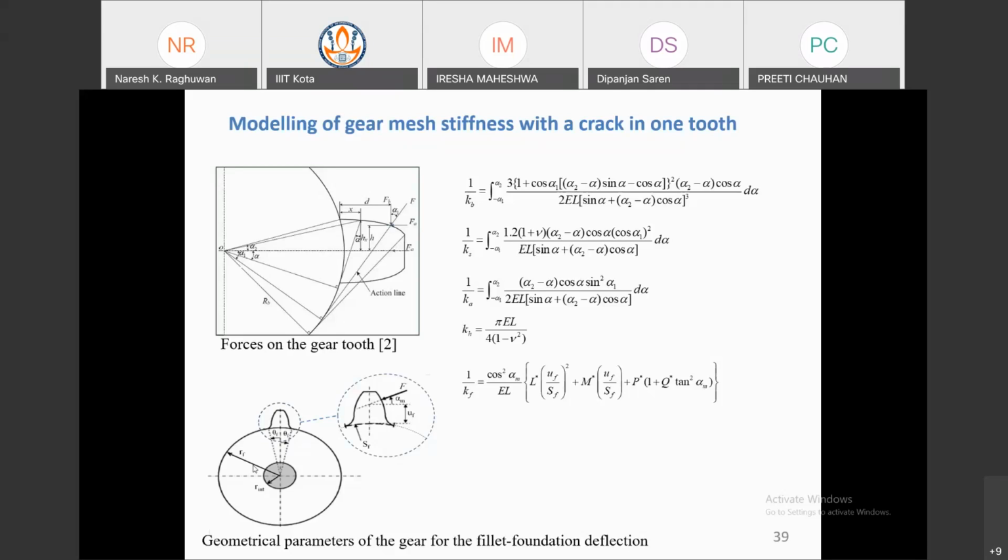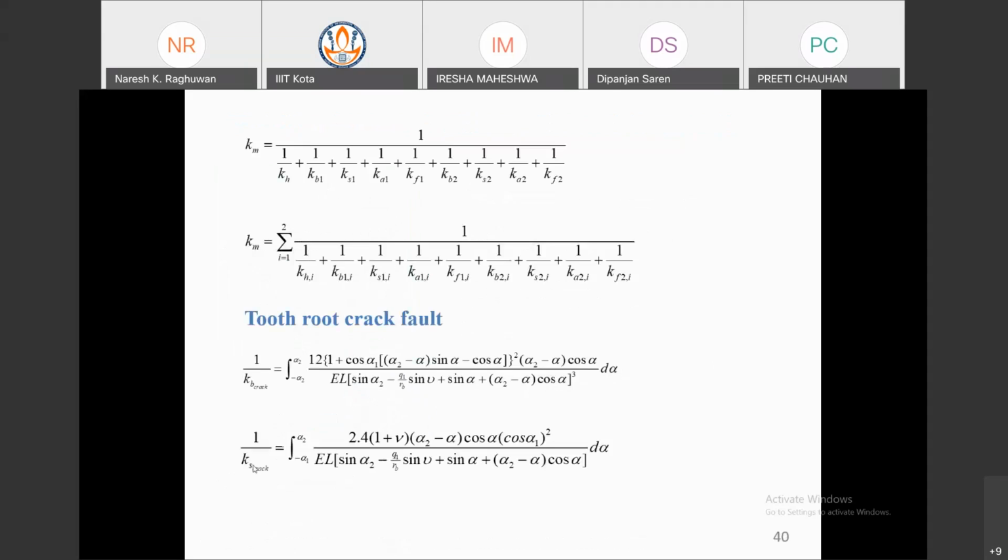These are the mesh stiffness components, and you have to arrange them into series and parallel combinations. So the combined stiffness is termed as mesh stiffness. Km is the gear mesh stiffness, and these are the components. Subscript 1 indicates the pinion and 2 indicates the gear. So two pairs are there in the upper formula, and in the lower formula, the whole formula is for one pair plus the whole formula for the second pair. So this is for the double tooth contact pair.